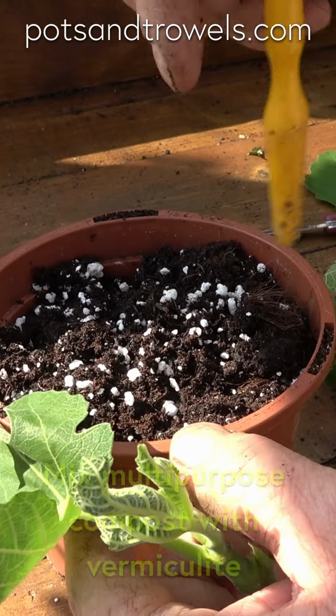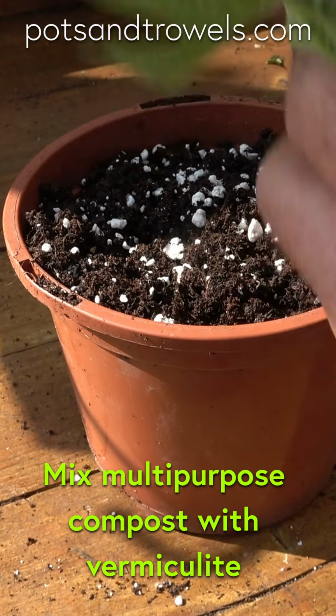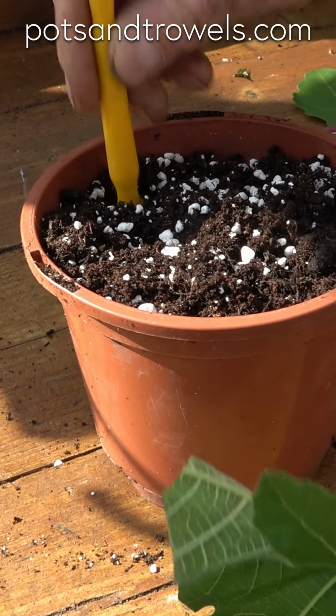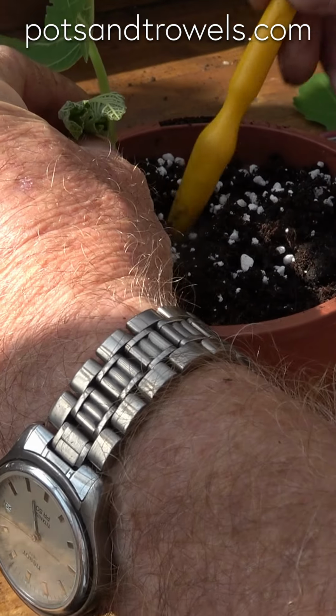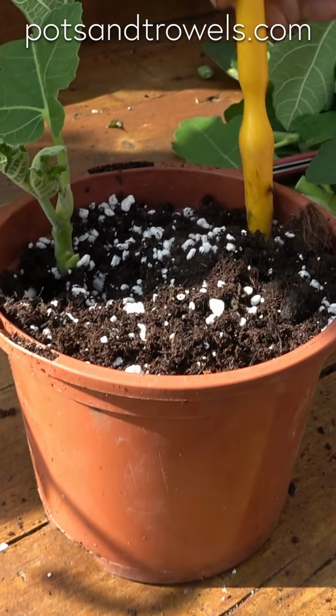I've put some multi-purpose compost in and I've mixed a little bit of vermiculite. That just helps with drainage and gets air down into the compost, which is important for the rooting process. So make a hole about 1.5 inches, 2 inches deep, and I shall put 4 around the edge of this